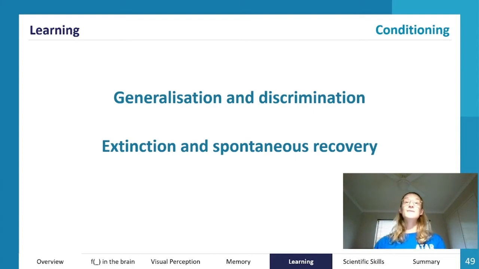An example of generalization would be when little Albert was conditioned to be afraid of, I believe it was the little bunny, and a white beard or Santa Claus made him cry as well because he generalized the stimulus. So a lot of white and fluffy things,